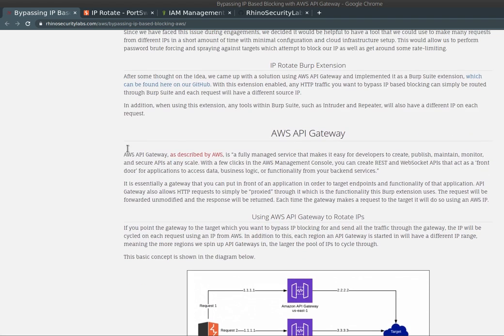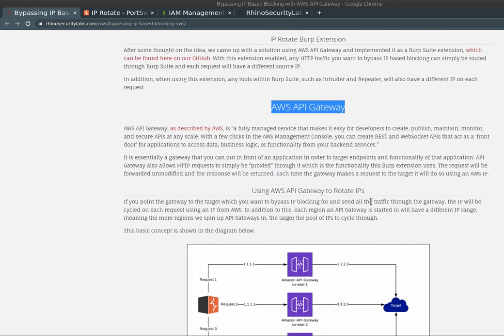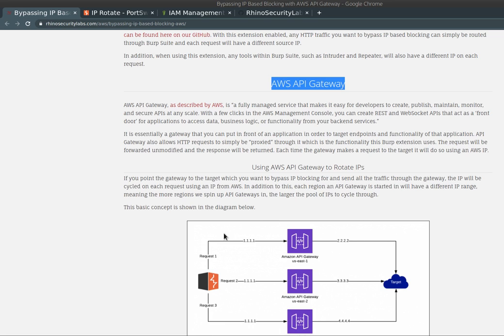Basically, what this extension does is use an AWS service called API Gateway as a proxy. All the requests that we are sending to our target will be proxied using API Gateway endpoints,